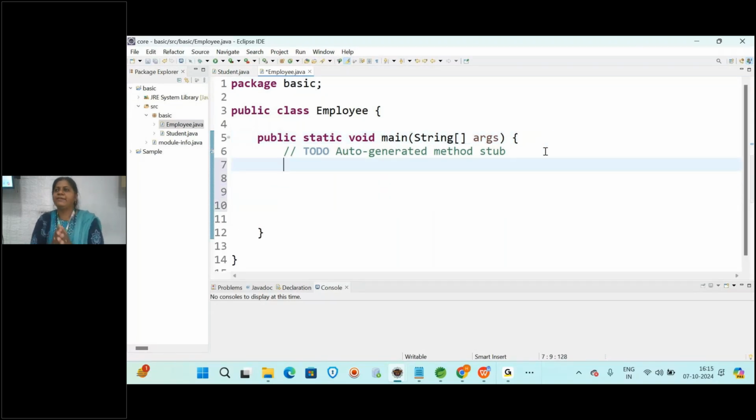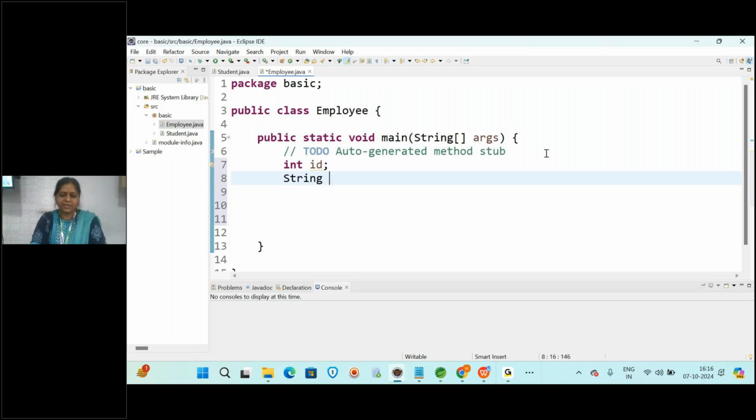What we want to create now is employee id, name, mobile number, and employee salary details. Let us write int id for the id. Then I want to add the name, so for adding the name I'm taking String name. See here, is the string data type? Did I tell this data type?